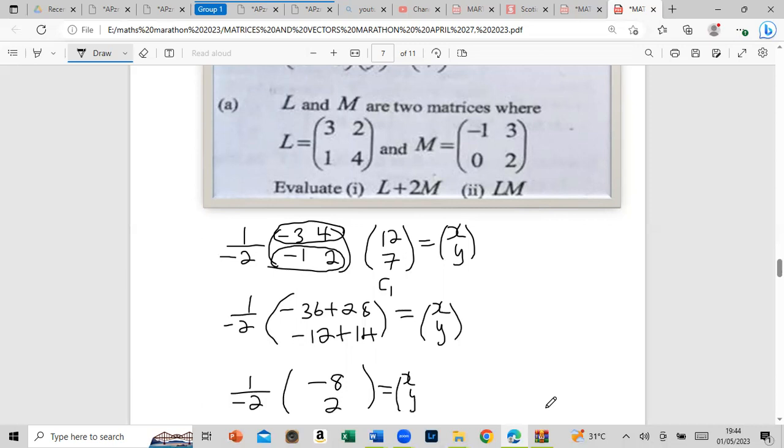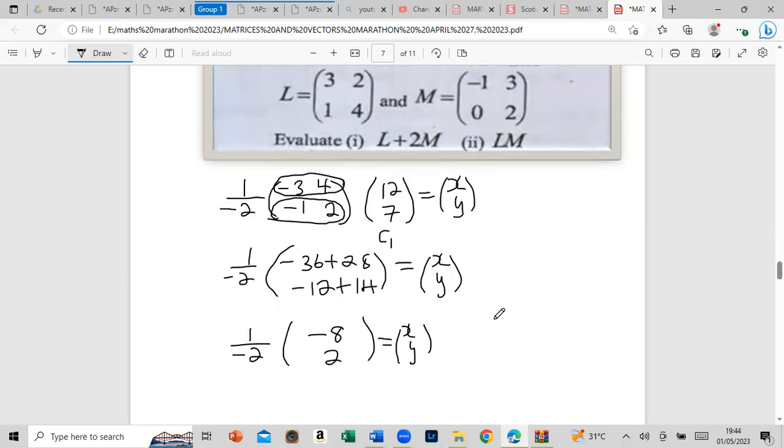And from here, all we have to do is divide both of them by -2. So let's work up here. -8 divided by -2, and that will give us our x value. Four marks for this sometimes, guys. And then these two,